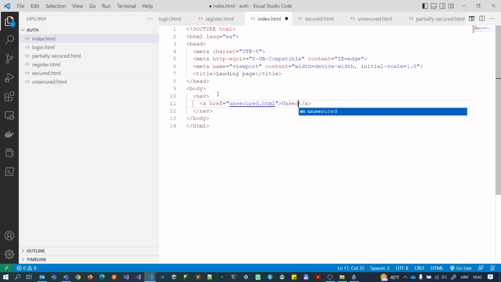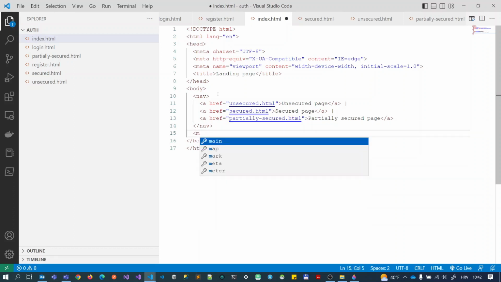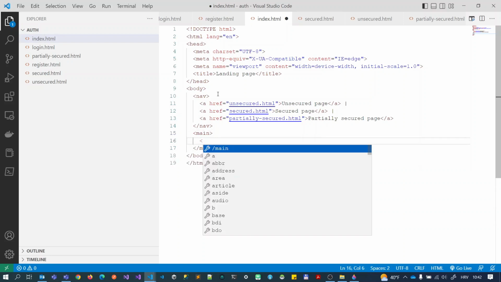So insecure page, maybe something like here. Okay, we also have secured, and we also have partially secured. So here we would say secured, here we would say partially secured page. That'll be it. We also have a main part where we would have something like